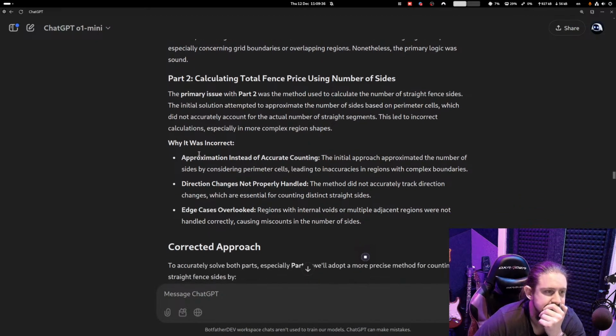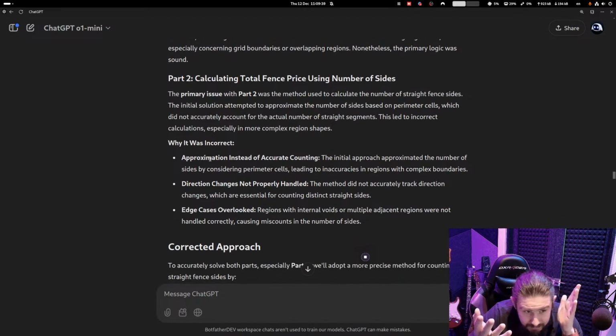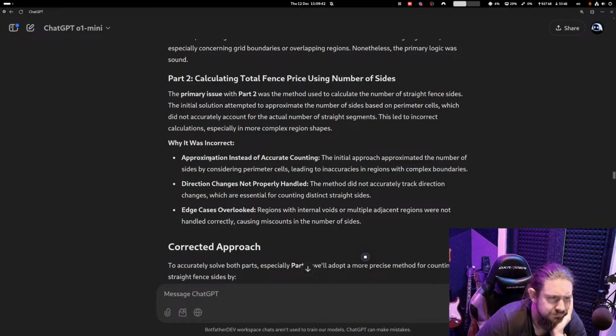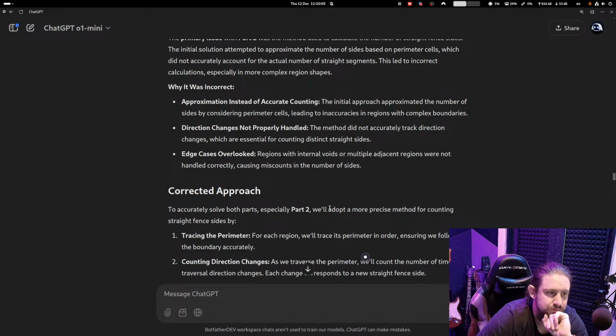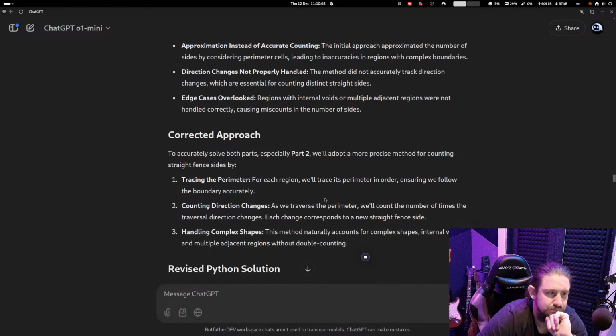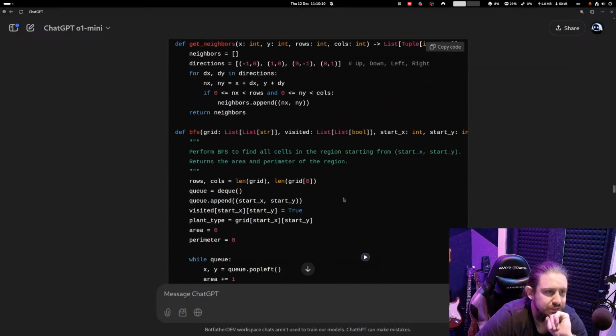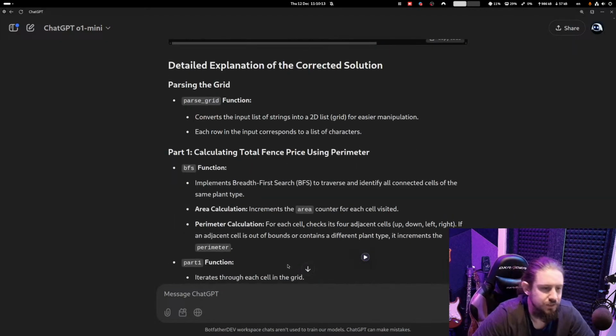Why it was incorrect: approximation instead of accurate counting. The initial approach approximated the number of sides by considering perimeter cells, leading to inaccuracies in regions with complex boundaries. Direction changes not properly handled. The method did not accurately track direction changes, which are essential for counting distinct straight sides. Edge cases overlooked. Regions with internal voids or multiple adjacent regions were not handled correctly, causing miscounts in the number of sides. Okay, I see now. It could be correct now, but